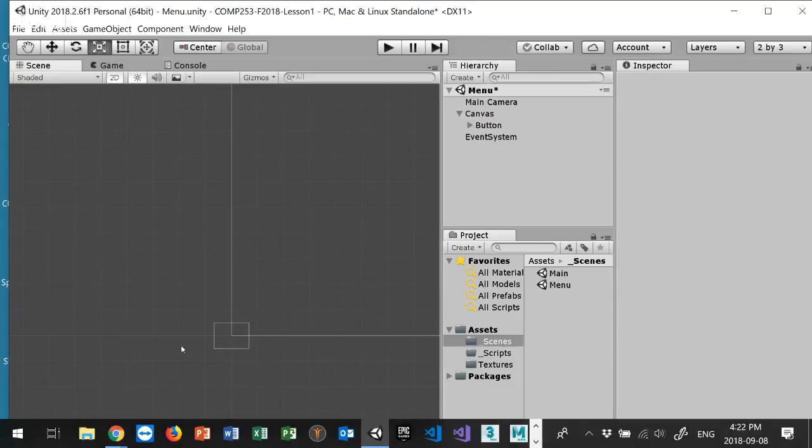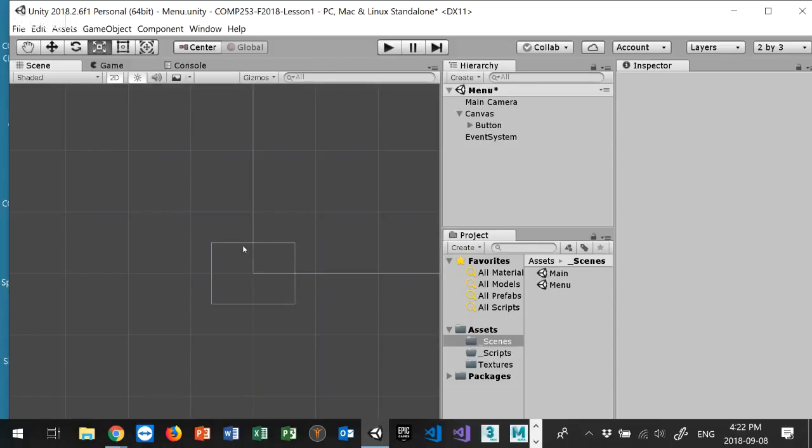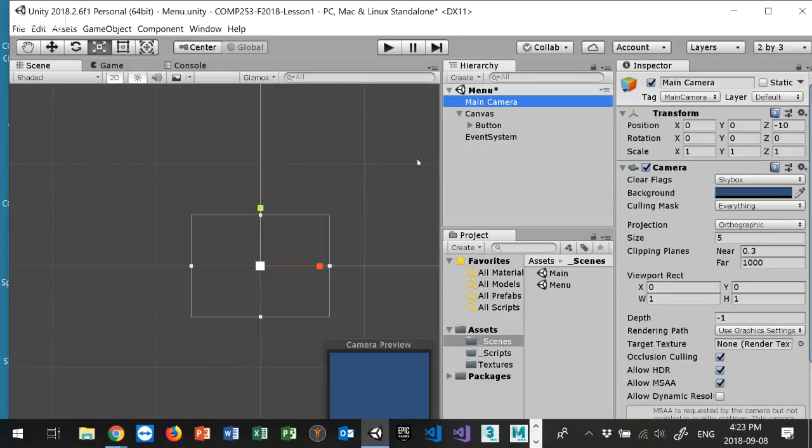So this is my main menu. This is my main scene. This thing down here, this is my scene, right? But somehow on the scene, there's a button that appears. Where did this go? How is this my scene, but I don't see a button in here? Look, here's my main camera. It's right here, right? How come I don't see a button here,